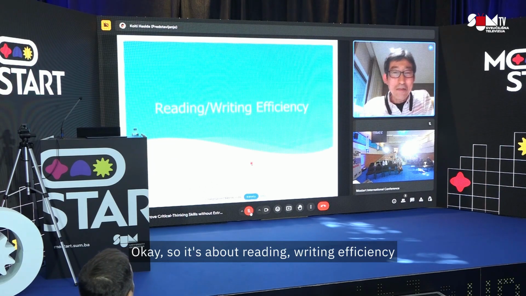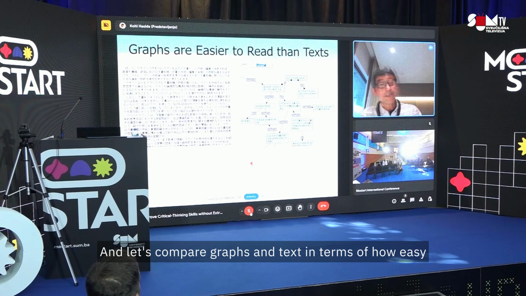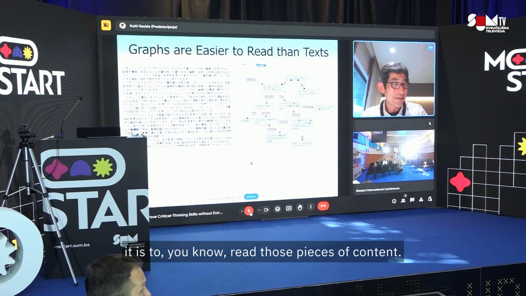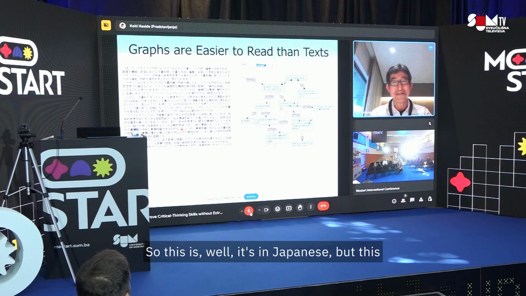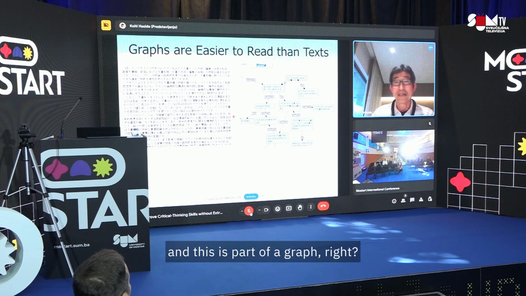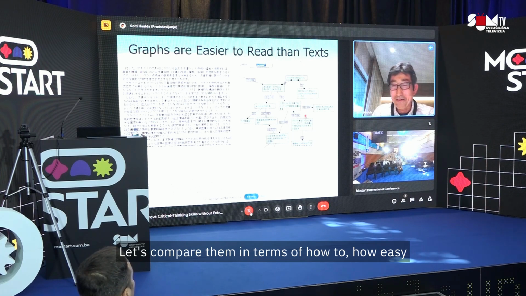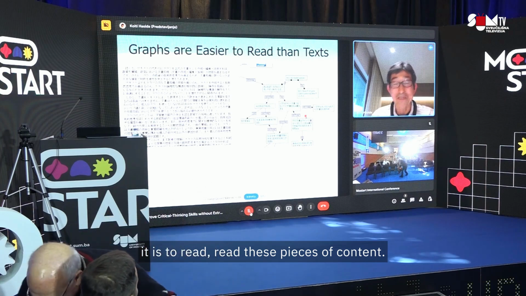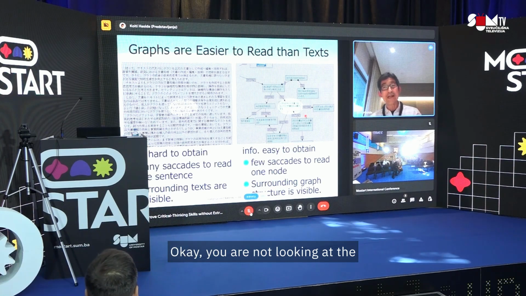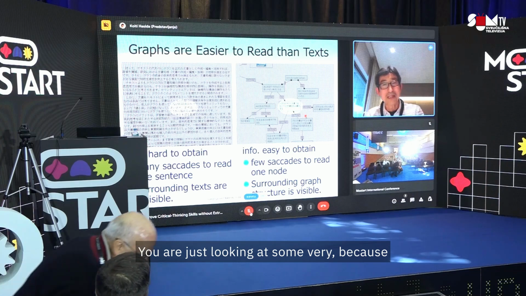Okay, so it's about the reading writing efficiency of any kind of content, right? And let's compare graphs and text in terms of how easy it is to read those pieces of content. So this is, well, it's in Japanese, but this is a text in a book or some document, and this is part of a graph, right? Let's compare them in terms of how easy it is to read these pieces of content. Okay, you are not looking at the whole text or the whole graph. You are just looking at some very limited part,